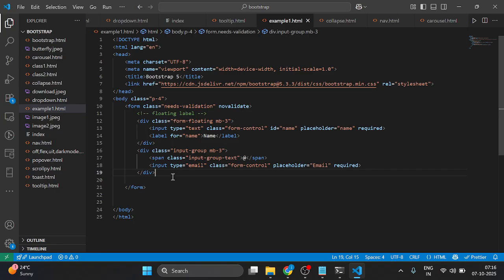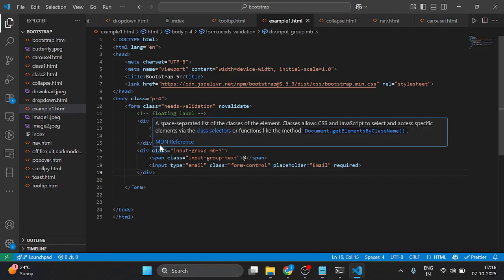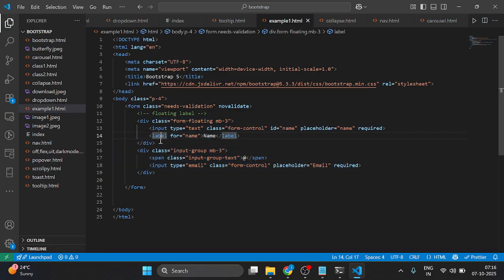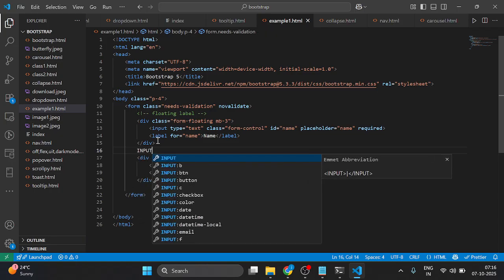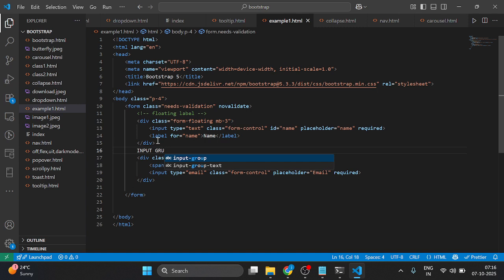Okay, next, this is input field. Okay, I'll comment this for ends, input group. Okay, so after that,